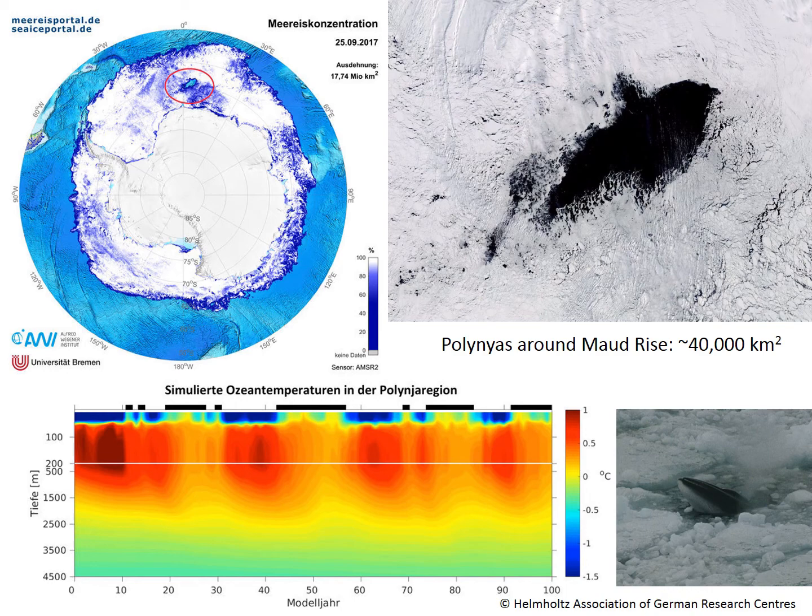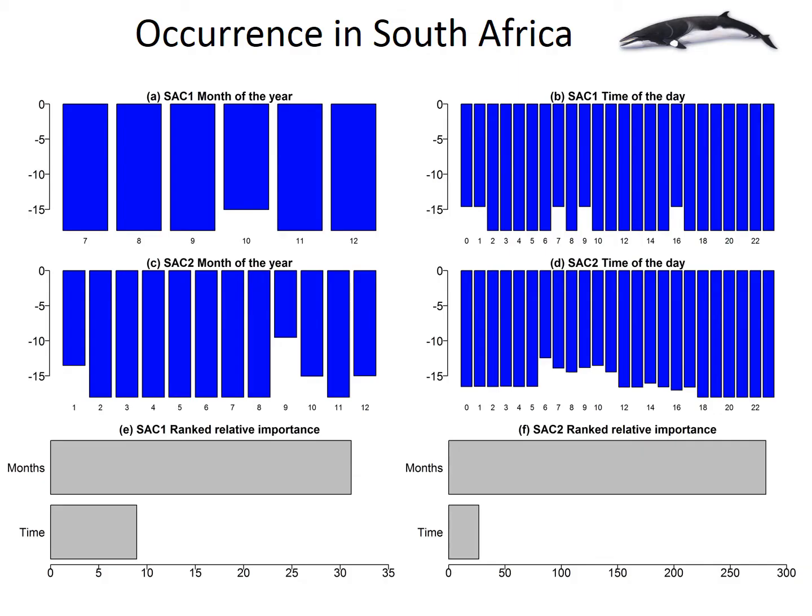And this is just a picture of a minke whale. It's an ice-loving species and can be found in areas which are ice infested, as we can see in this picture. As we can see in these figures, for time of the day, there's not much difference between day and night. The calls seem to be occurring randomly. But if we're recording mostly in September, October, and also December and January, that's when you're most likely to be able to detect these minke whale sounds, as shown from our recordings.